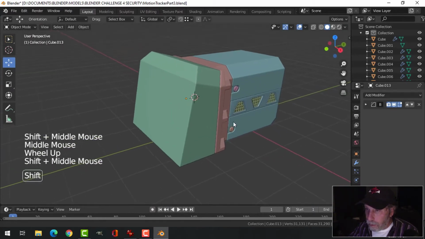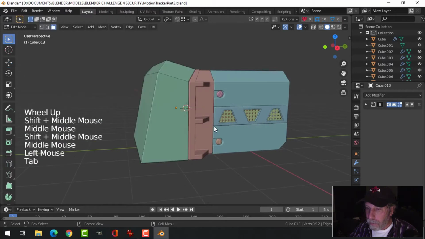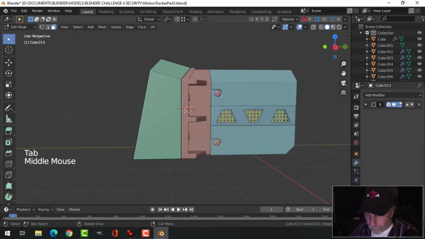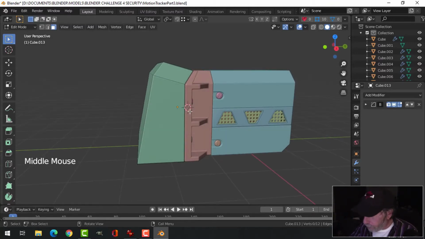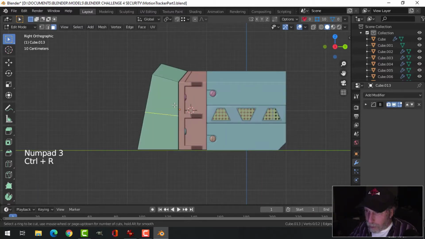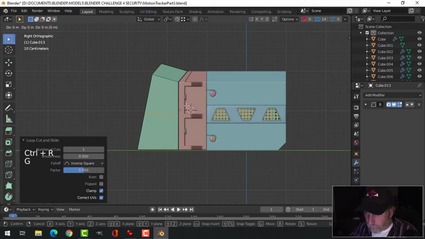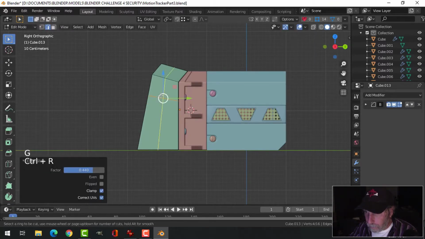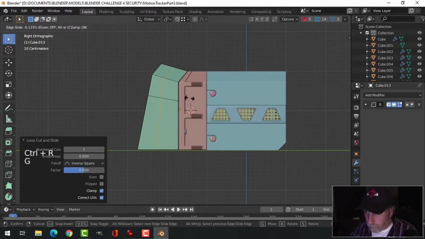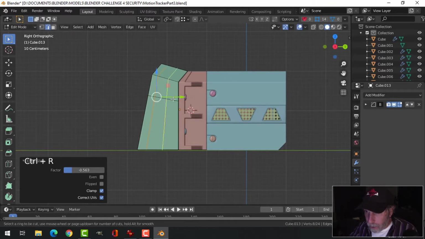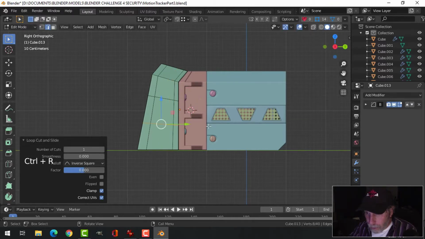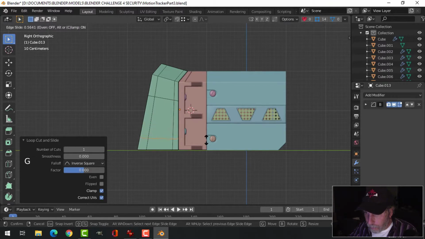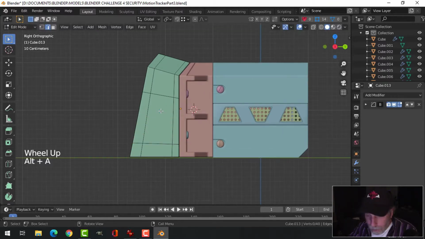All right, so now I'm going to try to do some panel-like work on this. And I think the way I'm going to need to do this is by putting in some edge loops here. Pressing GG here and there, just setting up some edge loops. So I'm just putting them in and I'm pressing GG for edge slide. And with that there, I'm then going to start